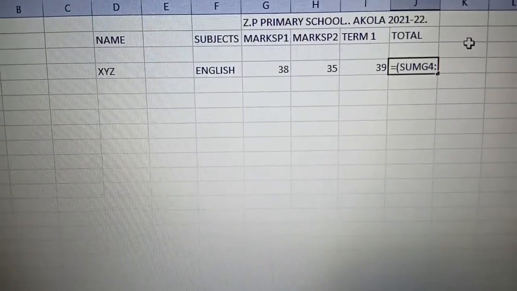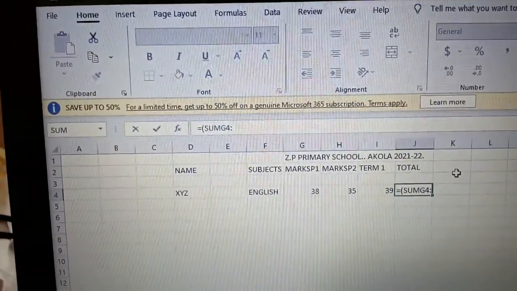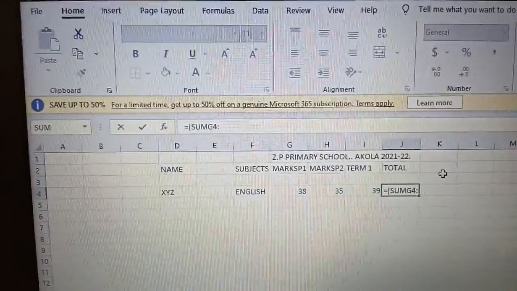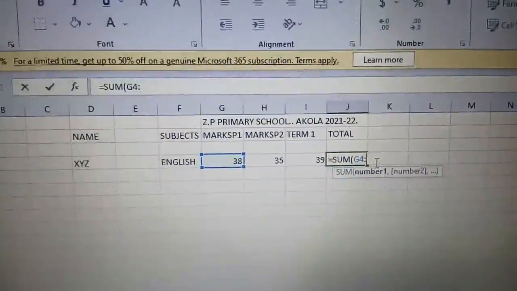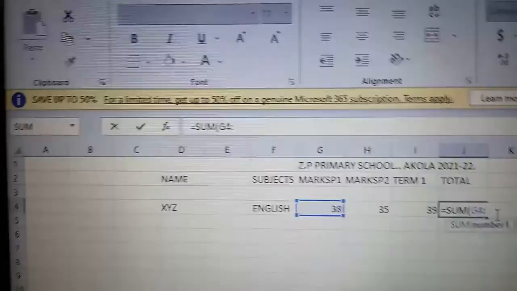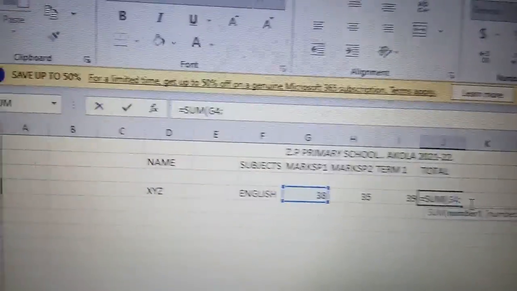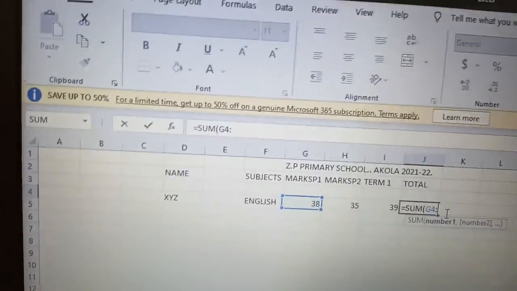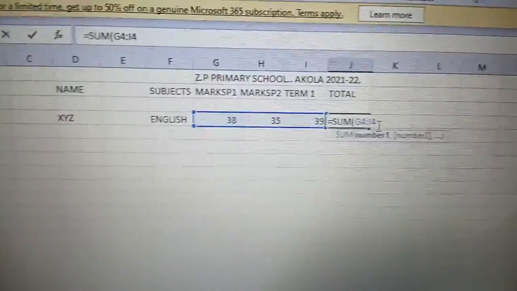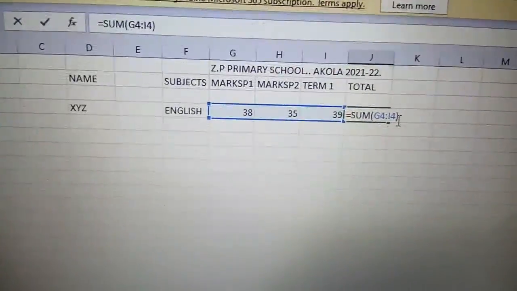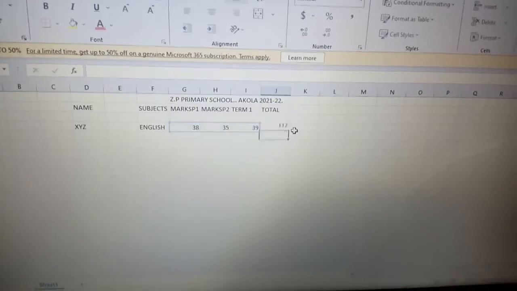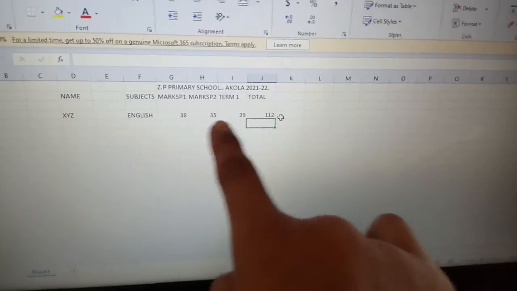As you can see here, G4 then the double dot, then I have to write which is this I, and this column's row is 4, so I have to write I4. As you can see it is coming in blue, and I have to complete the bracket. Then I will click on the enter button, as you can see here there is the enter button. If I click the enter button, then the total will be there. As you can see, the total of these 3 columns has come here, that means the total sum formula is correct.